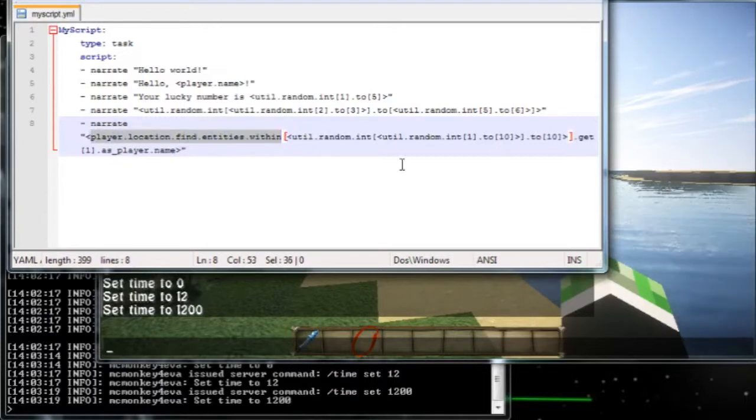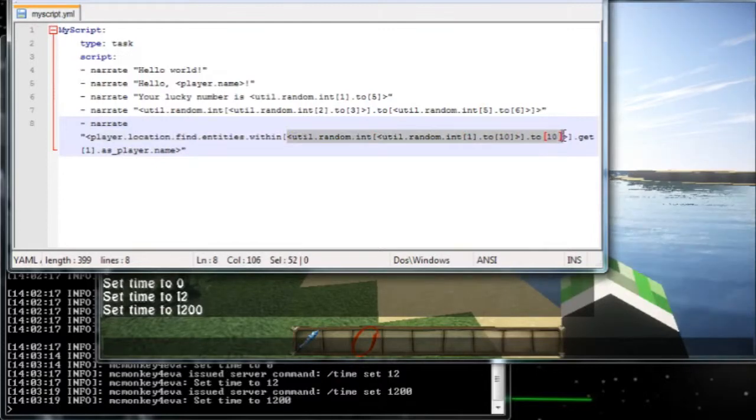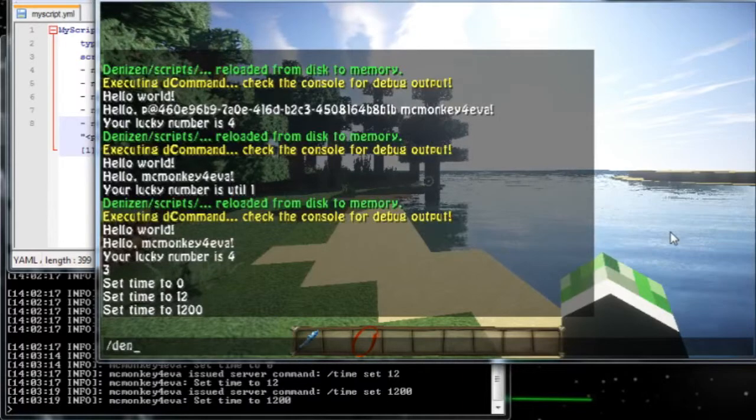Player.location.find.entities.within this big tag .get1.asPlayer.name, and this big tag is util.random.int from util.random.int from 1 to 10, and then all of that to 10, which by the way is a weighted random, which means it's a random number that tends to be closer to 10 rather than closer to 1. That's a cool little trick you can use. Anyway,